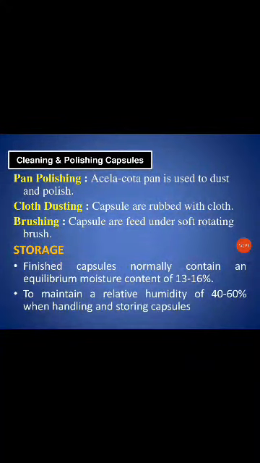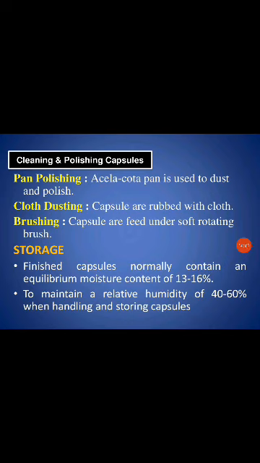Then after polishing, the storage is very important also, since there are a number of ideal properties for the gelatin, like bloom strength or the gelling capacity, that is the formation of gel. Generally the gelling capacity of capsule shell is 50 to 300, and it also has viscosity. Ideally the viscosity of the gelatin solution is generally 20 to 70 millipoise,